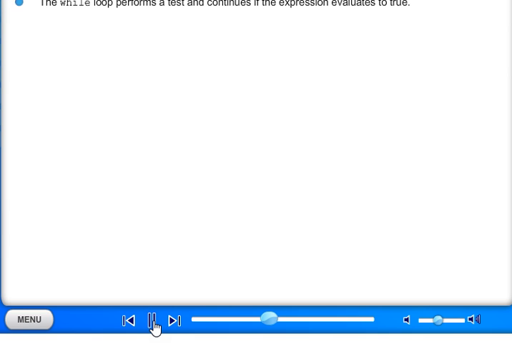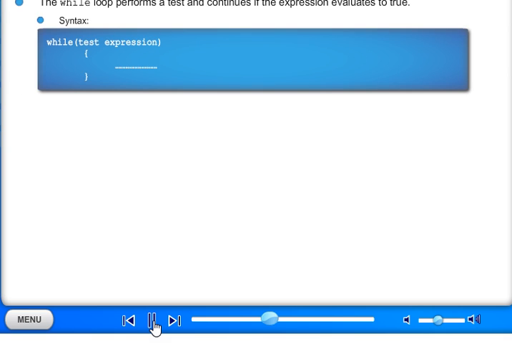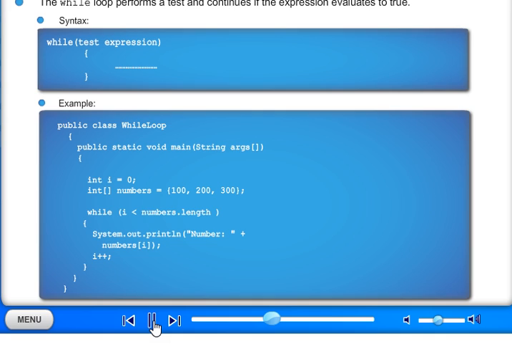The while loop performs a test and continues if the expression evaluates to true. In the given example, the while loop iterates through an array using a counter. The test expression is evaluated first, and if it evaluates to true, only then the statement inside the loop gets executed. The increment of the counter variable, i, is done inside the loop body. The output of the program is